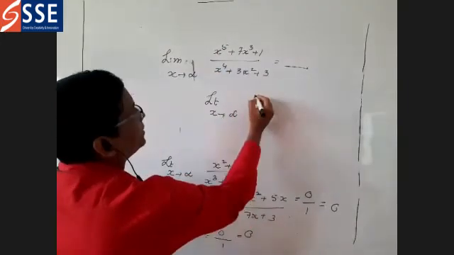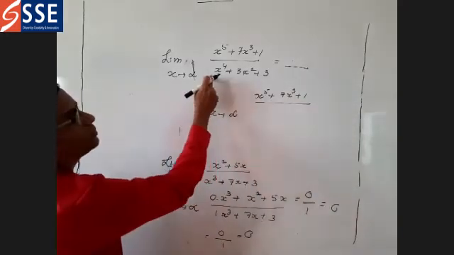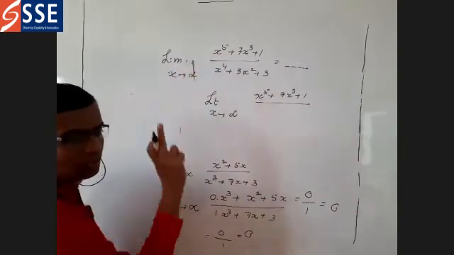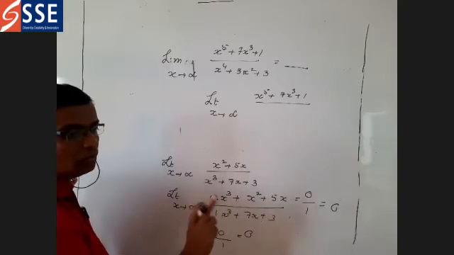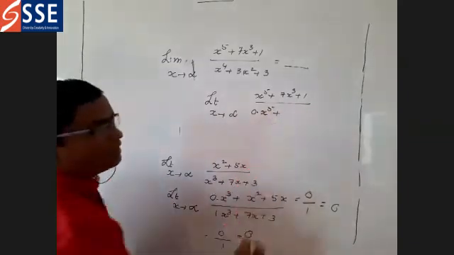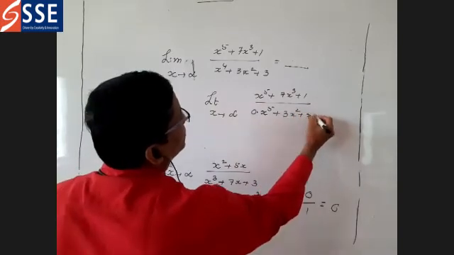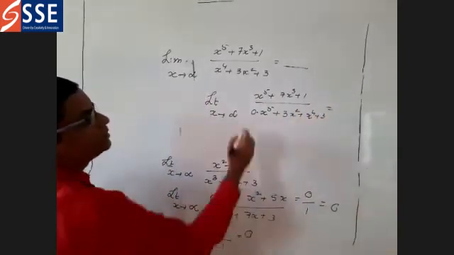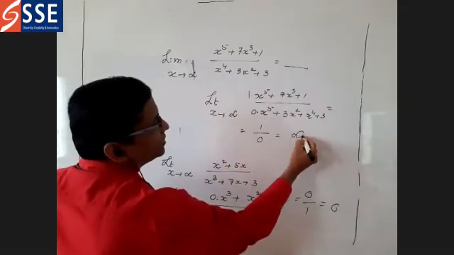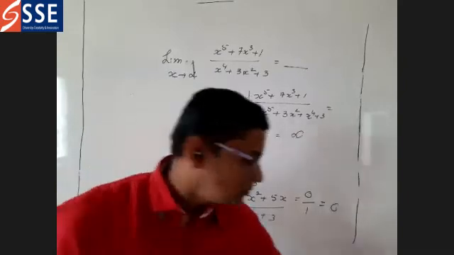So how are you going to write this one? x power 5 plus 7x cubed plus 1 divided by, here the x power 5 term is not there. You have to take the coefficients of both terms in the numerator and denominator. That is the answer. Remember this. Don't go for the remaining things. Here the x power 5 term is not there, so you can write it as 0 into x power 5 plus 3x square plus x power 4 plus 3. Same thing. The coefficient of x power 5 in the numerator is 1, and in the denominator it is 0. 1 by 0 is nothing but infinity. You won't get a finite answer for this. The answer is infinity. That's all.